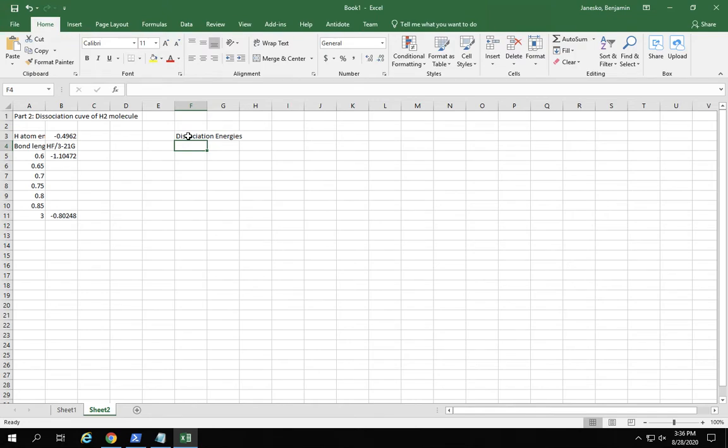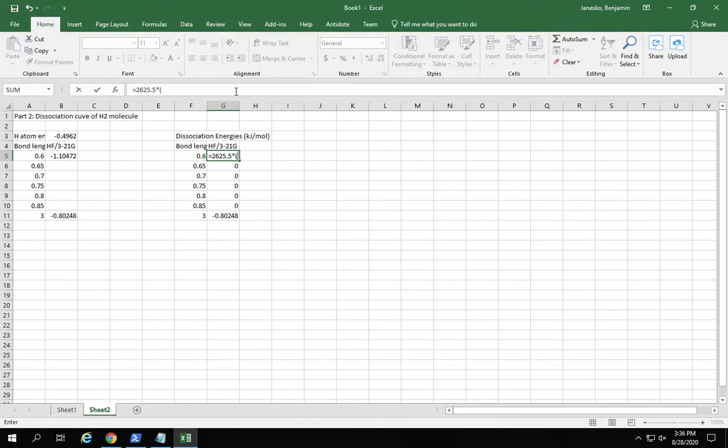Remember, the dissociation energy of the bond is the energy of the bond minus the energy of the fragments, and I'm going to do these as kilojoules per mole. The bond length is going to be the same. Control C. This is all going to be the same. But now my energy is going to be conversion factor 2625.5, which is the conversion between Hartree and kilojoules per mole, because I've memorized that,